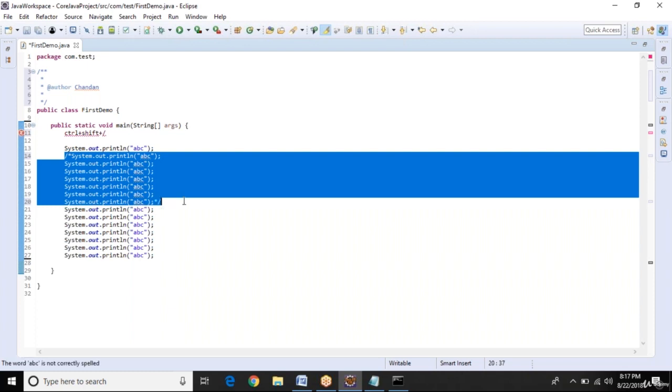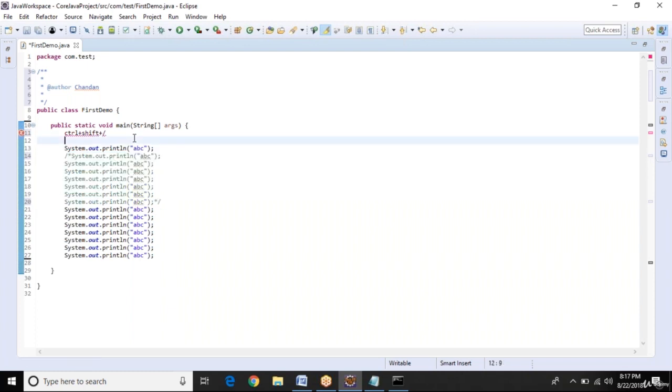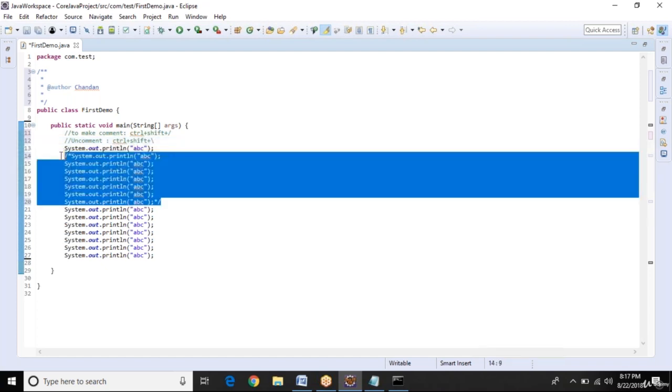And to uncomment, we use Control plus Shift plus backward slash. It will uncomment the selected lines.